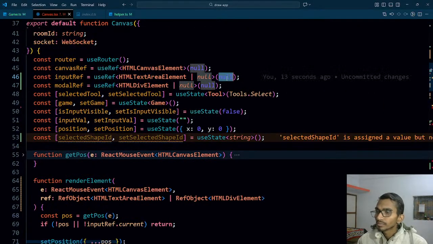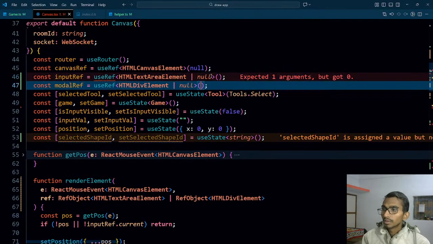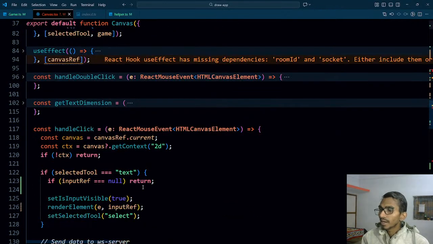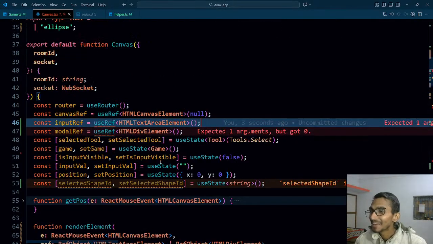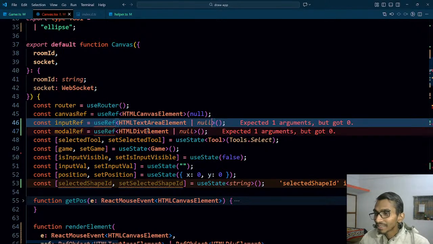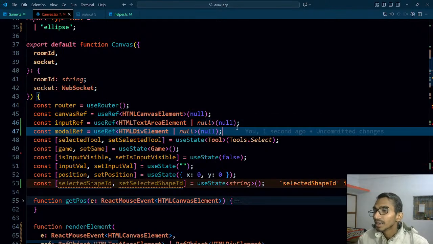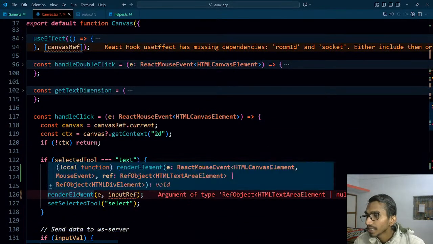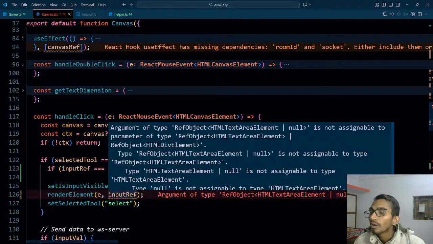Can I do one thing? Let's remove this thing from here. It doesn't have any value, got 0. But I have gotten rid of the error. Now that is saying that I do not have any value, give me some value. If I give it null, then I get the error. Let's give it null. I will figure it out. Null should be given, then it's not complaining. But right now this input thing is complaining. It's saying that render element can only take this, or